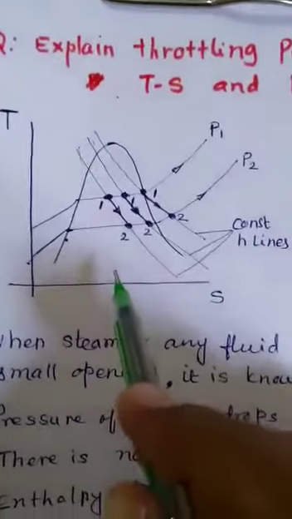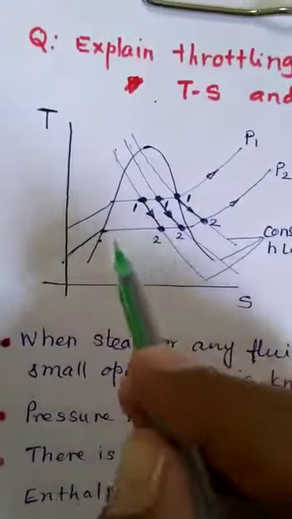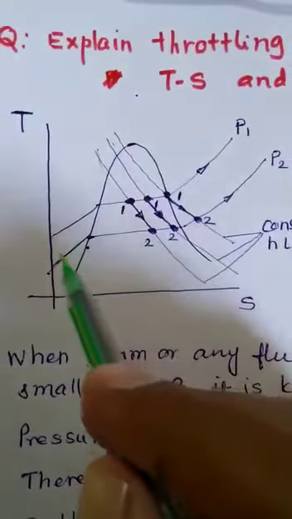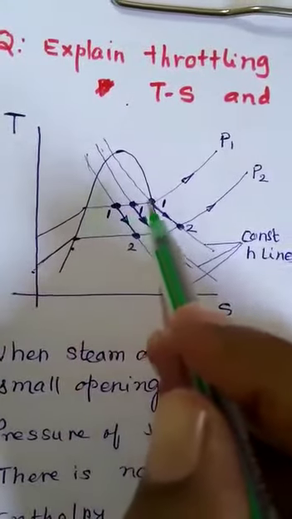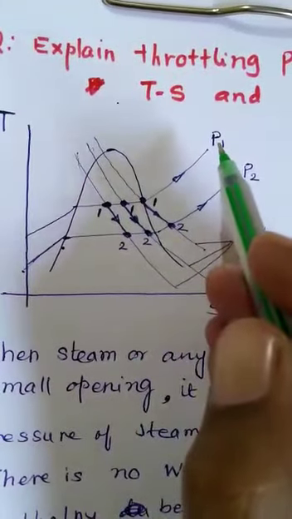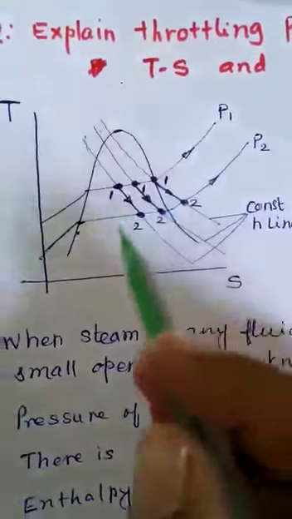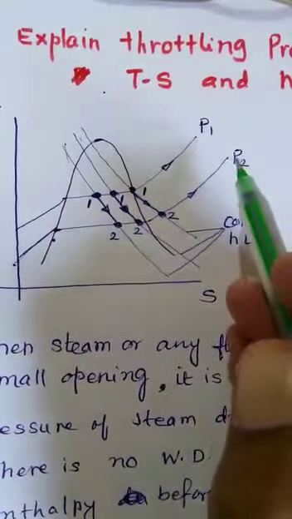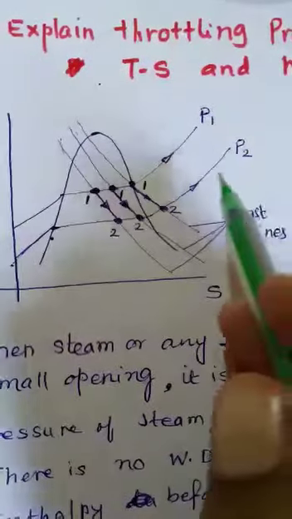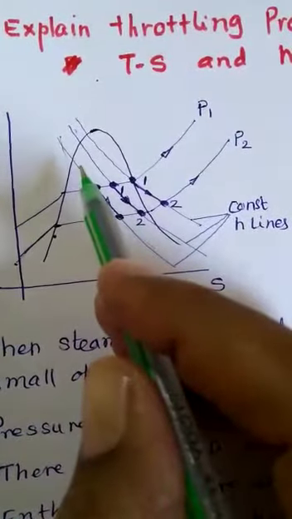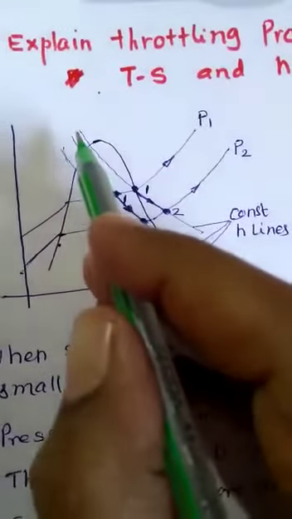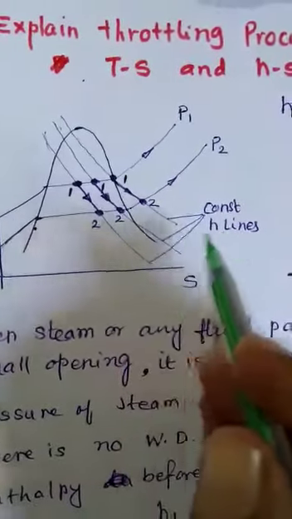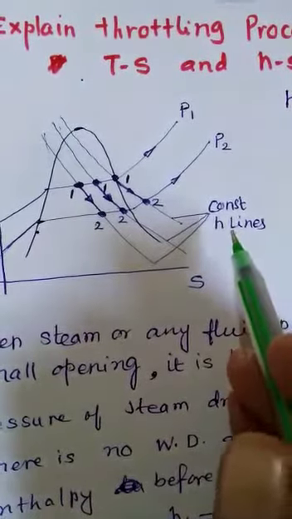Consider the TS diagram first. Now this is known as saturation curve, and this process as usual is steam formation at higher pressure P1, then steam formation at somewhat lower pressure P2. So P1 is greater and P2 is lower. Now these three lines I have drawn here, random three lines, 1, 2, 3. These lines, like from top and goes to bottom corner, are nothing but constant enthalpy lines.